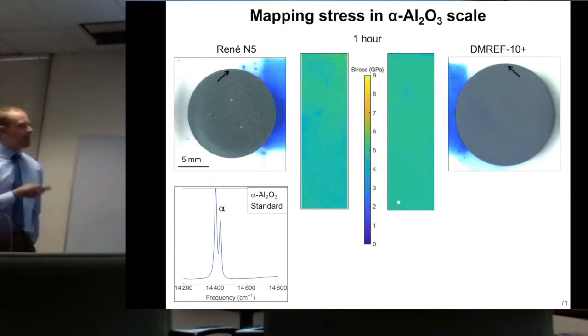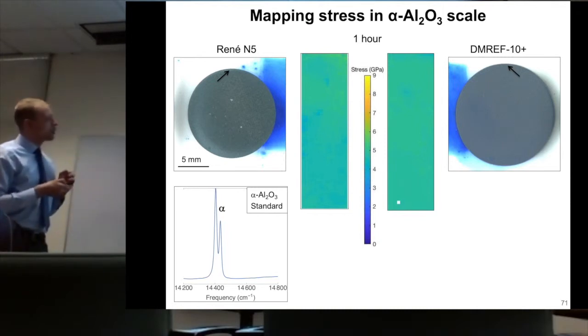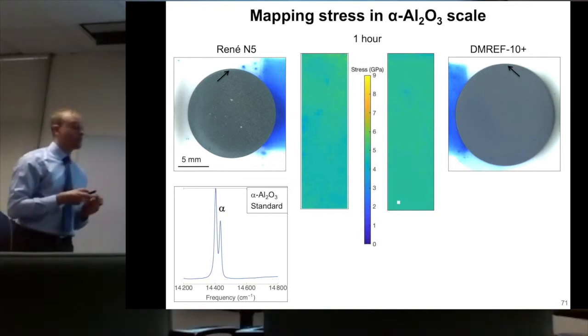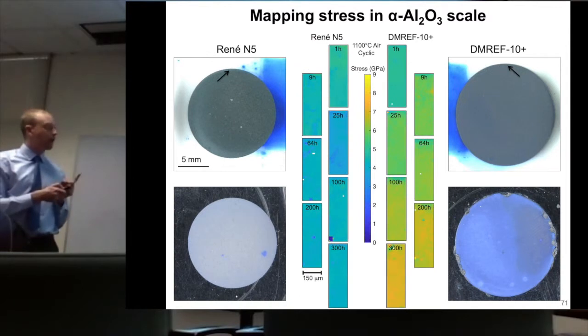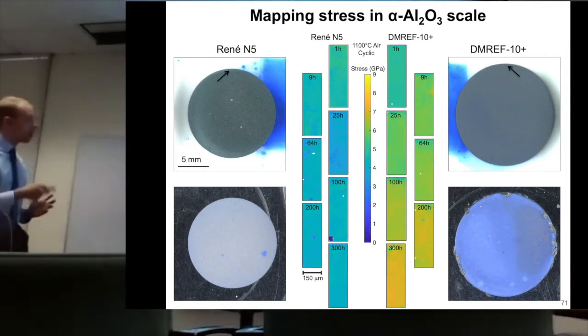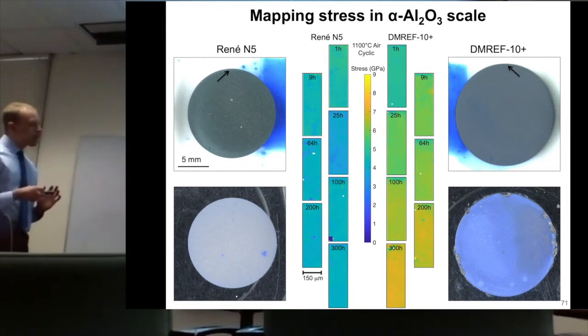And then we've colored them based on what the corresponding residual stress is. And we observe that in both our nickel-based alloy and our cobalt-based DMF10+, we have very similar residual stresses of about 4.5 gigapascals after one cycle of oxidation, after 1 hour. But as time goes on, from 1 hour down to 300 hours, the stress state in Rene N5 seems fairly consistent, but in DMF10+, we get a gradual rise in our stress state that is significant beyond